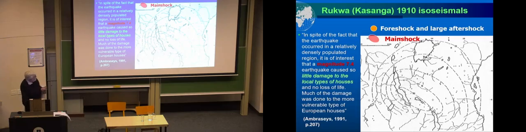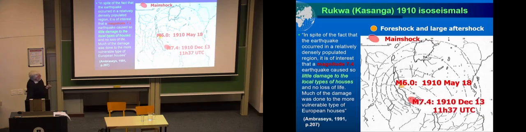Fortunately, the key thing about this, and the reason why there was no loss of life, is that there was a foreshock a few days before. There was the main shock, not a few months before, the main shock on December 13th, and then some rather bigger aftershocks in January. The key thing about the December event was that there were minor aftershocks just preceding the